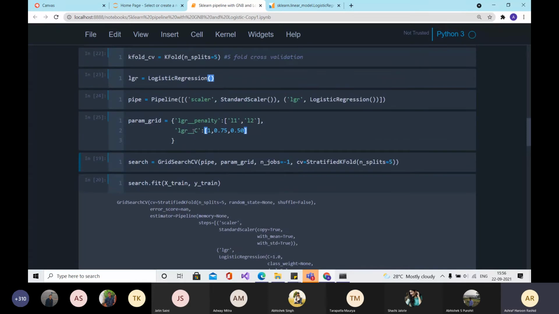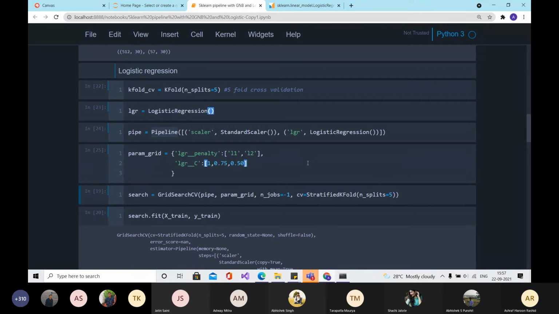So you initialize the class, and in grid search CV, you pass on the pipeline that you just initialized. You pass on the parameter grid, and you also pass on what kind of k-fold cross validation you are using. So let's say I want to use k-fold cross validation with 5 splits, which we initialized earlier.